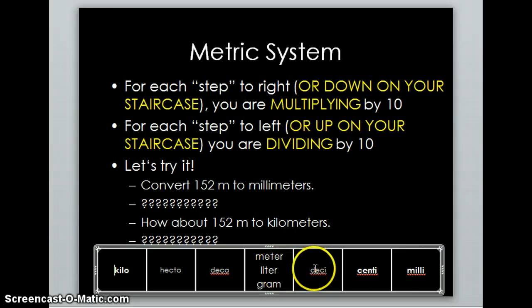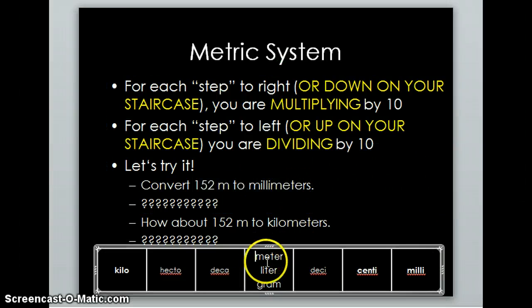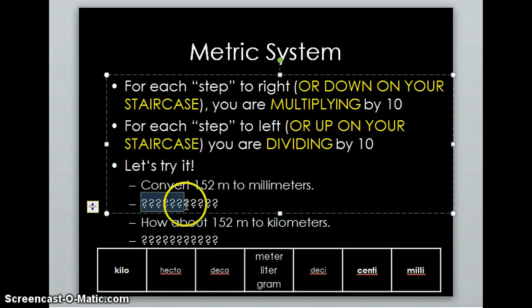So one step, basically what you're going to do is take your finger, and let's say we want to convert 152 meters to millimeters. We start at meters, and then we count how many steps it's going to take us to get to millimeters. So to go from meter to deci is 1 step, centi is 2 steps, milli is 3 steps. Now we would have to multiply by 3 powers of 10, or the easiest thing to do would be to say that 152 meters is equal to,